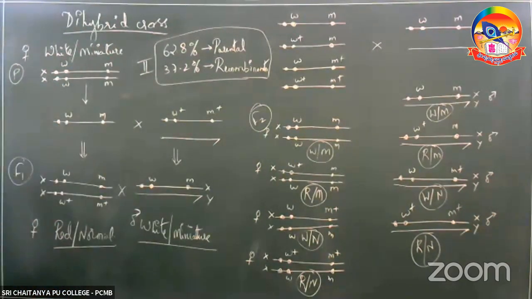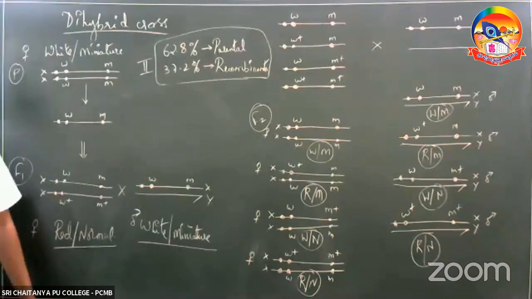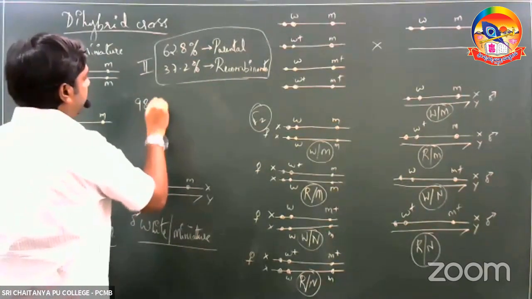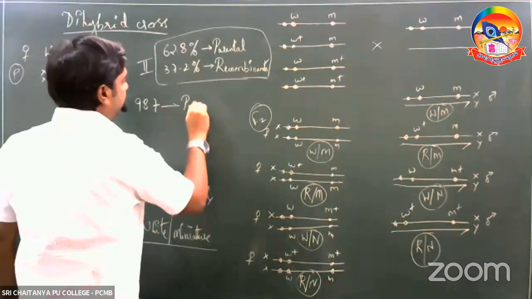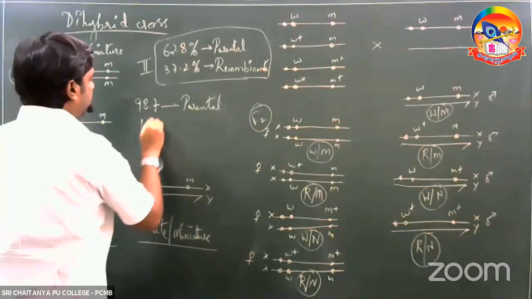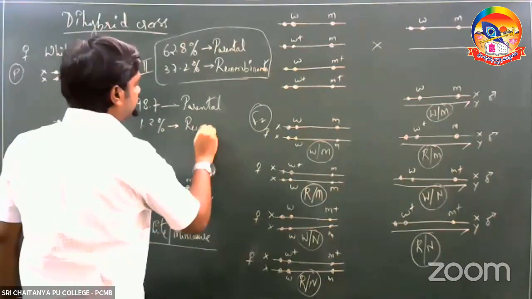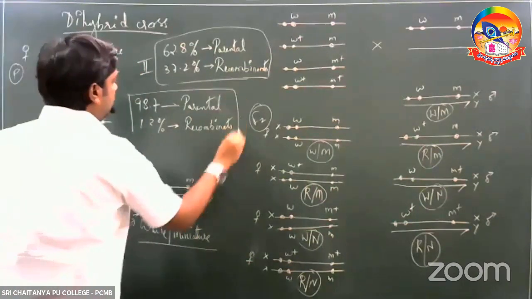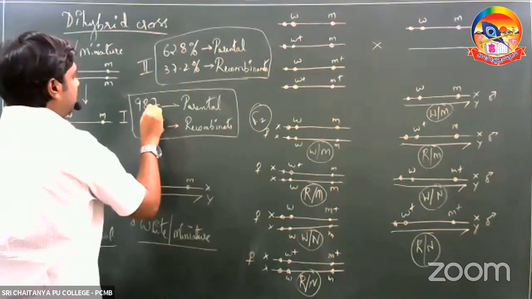Whereas if you recollect what we just saw before this, in the first cross, what did he say? After performing this cross, how many were recombinants? 98.7% were parental types, whereas 1.3% were recombinants. Right? So this was the case with regards to the first cross, taking into consideration the body color and eye color.